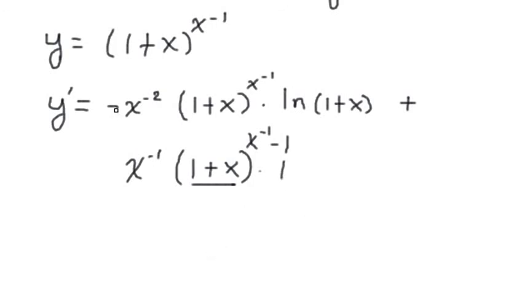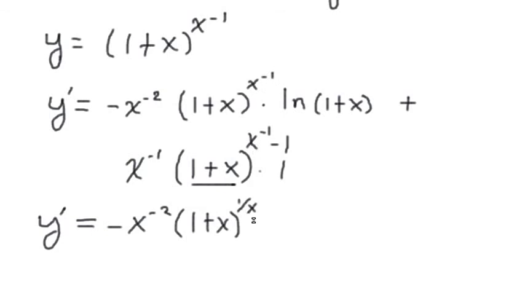Now I've got a negative over here, and I think what I'm going to do is rewrite all this, rewriting this part first. We're going to have negative x to the negative 2, 1 plus x, and I'm going to go ahead and rewrite this as 1 over x, if that's okay with you, times the natural log of 1 plus x,